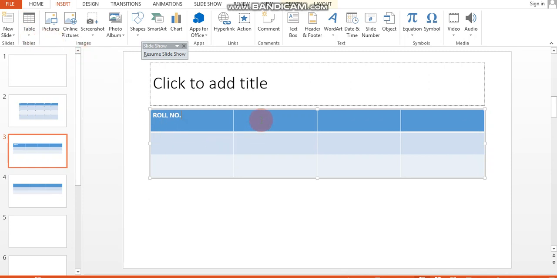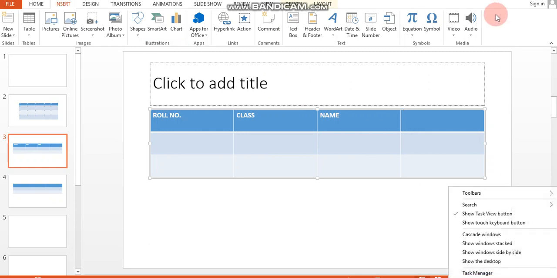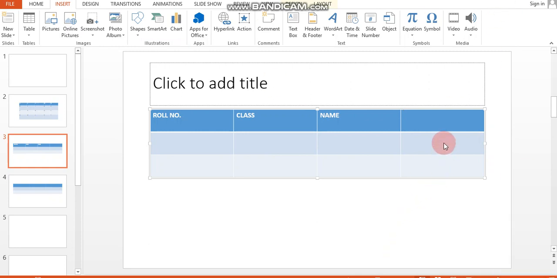Wherever you want to enter any data, just click in that cell and type: class name, roll number, and suppose admission number. Okay, so this way you can add.